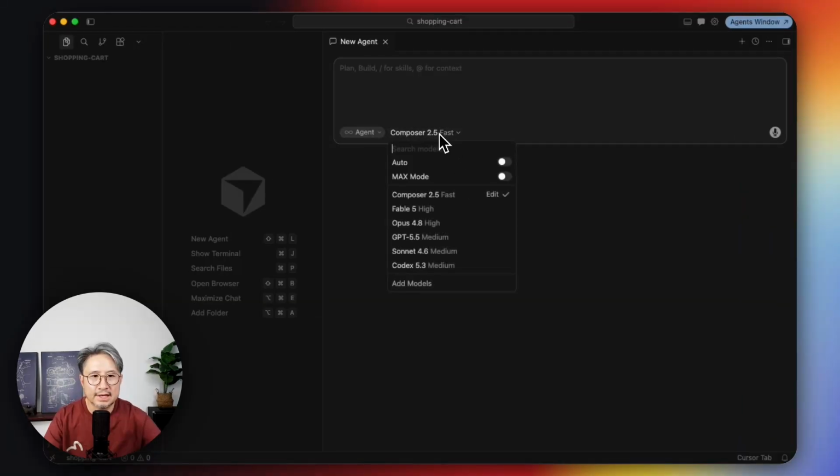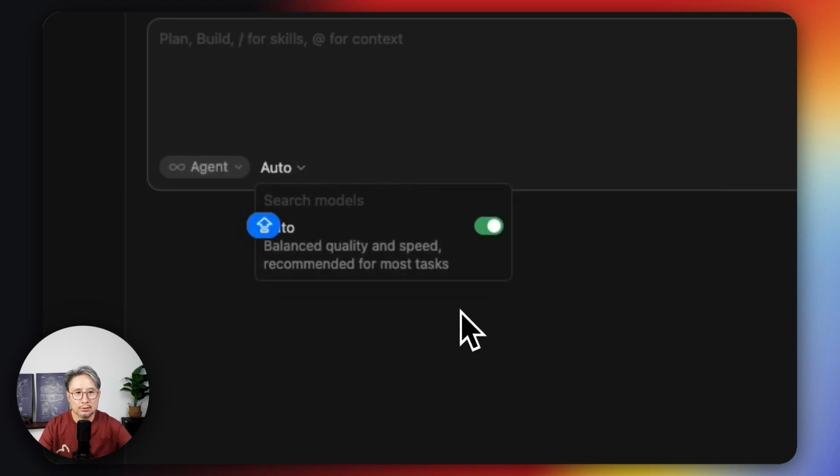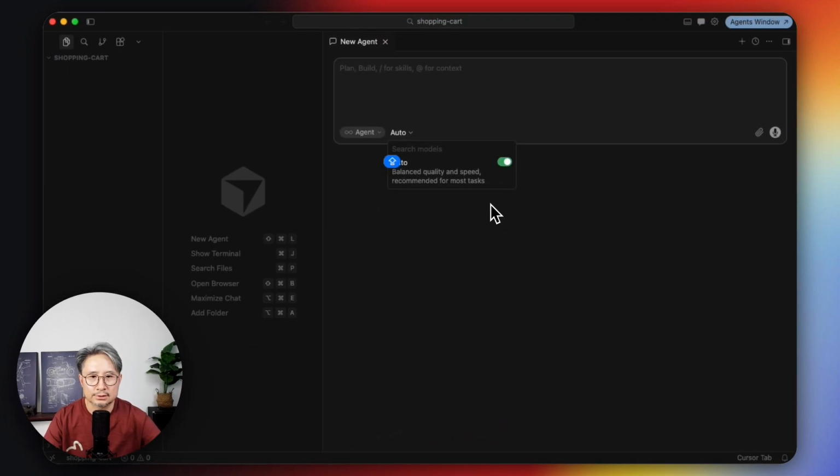Here you will see that I changed the model to auto. Even with the auto option, which you might not prefer to use, it can still generate very stable and high-quality code with this engineering process.